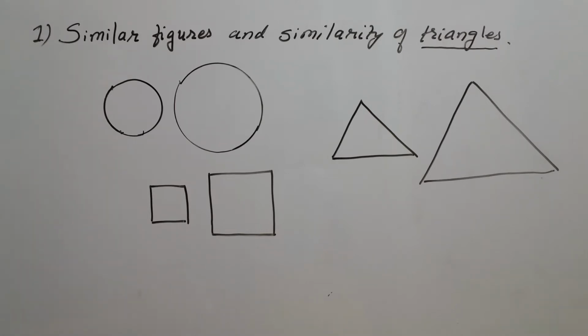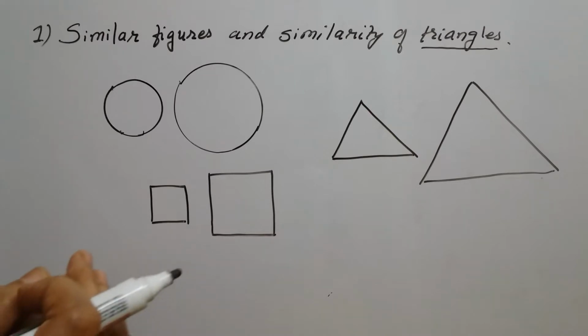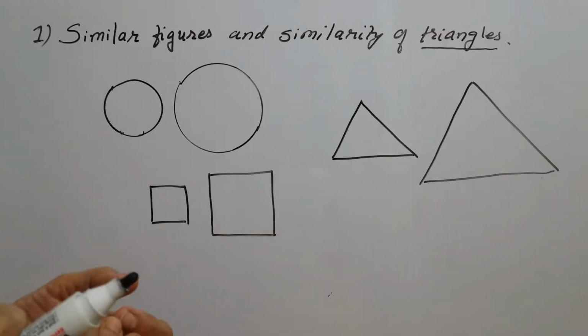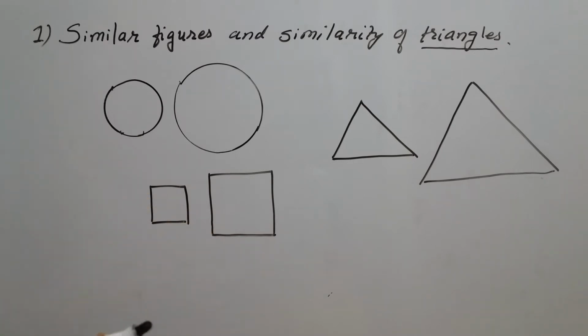Actually, in day-to-day life, we come across too many similar objects. Even in our homes, we are using too many similar objects, but we never observe that these are similar objects. Suppose, very simple example, your mother goes and buys a set of jars of different sizes. If you observe them, the shape is the same because one fits into another, small to big to bigger. This is a very simple example of similar objects. The shape is the same, only the size is changing.